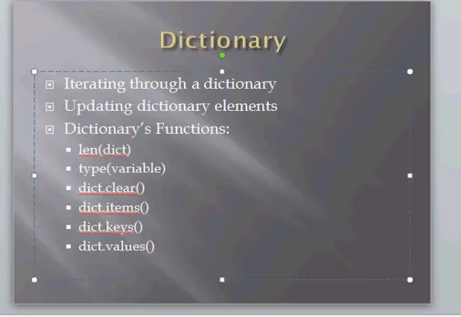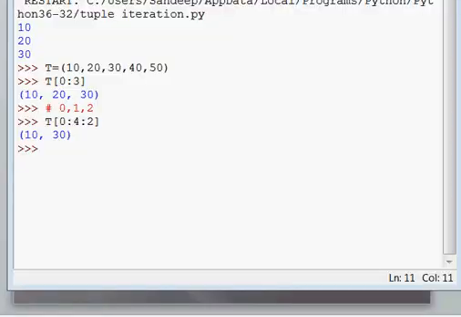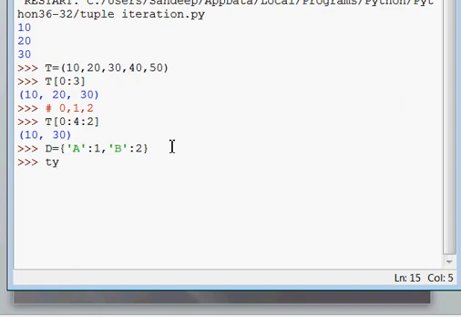Our next topic is dictionary. As you all know, a dictionary is a data structure which contains data in pairs of key and value. If I want to create a dictionary D, it can be created with the use of curly brackets. It should be in pairs of key and value. This is our key, and then by writing a colon you give its value. You can write any value that you require. Next I have written the next key and its next value. In the same way we can create various dictionaries.